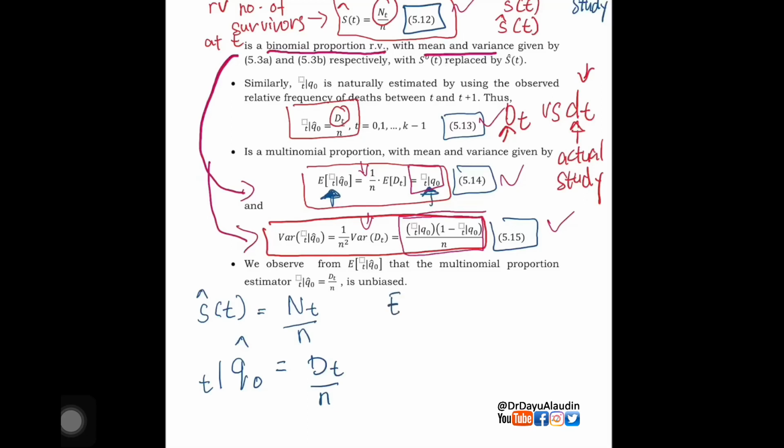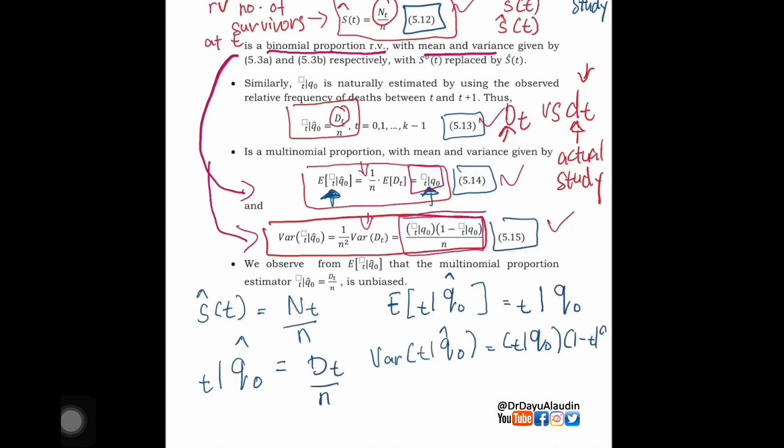And the expected value for the conditional probability of death from t to t+1 is equal to the conditional probability. And the variance for the conditional probability of death from t to t+1 equal to, straight away just take this one,